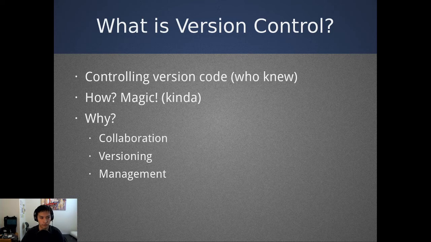How this version control system does it, well, it's kind of magic, right? It's either you have a number for each thing or some other software control to keep snapshots of things at certain dates and times, but that really depends on what system you're using. Why you would want to do version control is, well, management for your code or whatever documents you're controlling. So you can have versioning, as the name might imply, so you can know which version of a document something is and which one is actually your final release, or maybe which one is the version 2 that you're actually working on. And this versioning also allows for better collaboration between multiple group members,